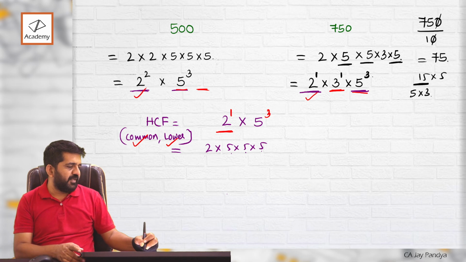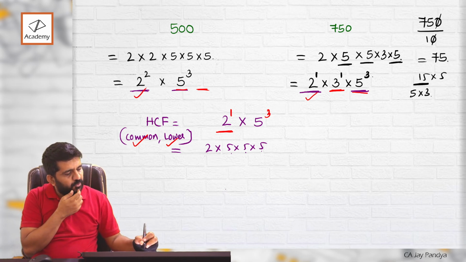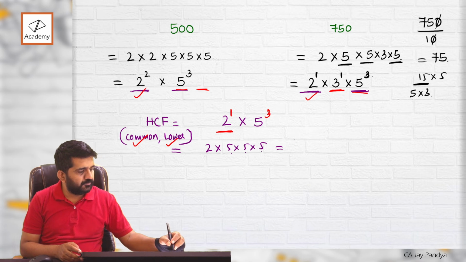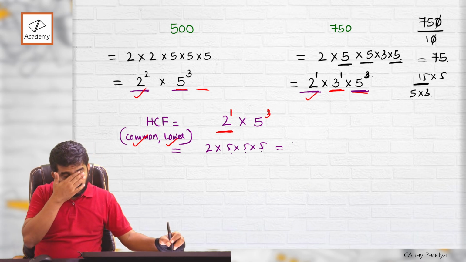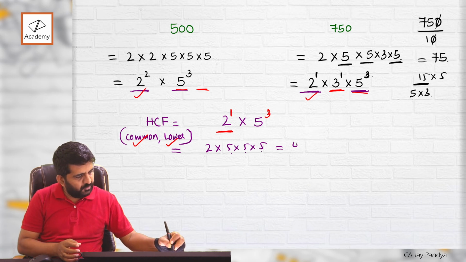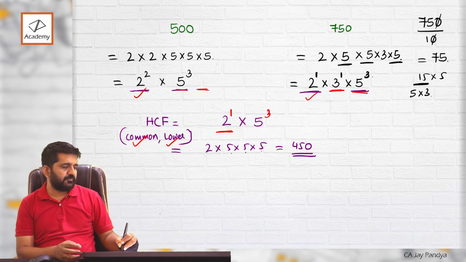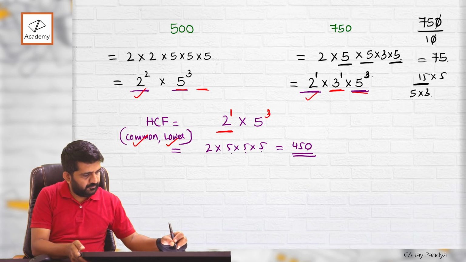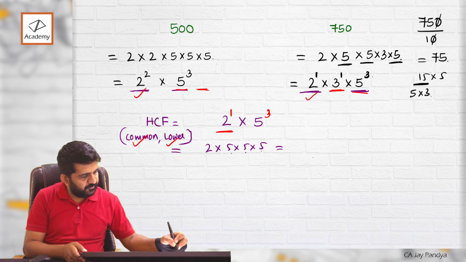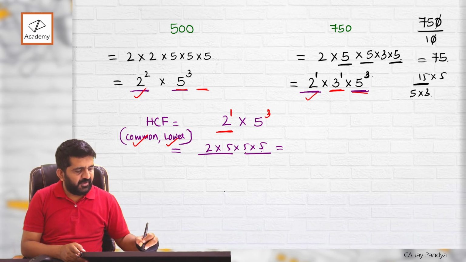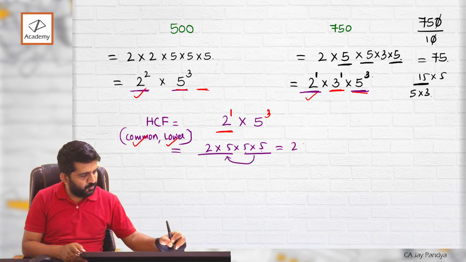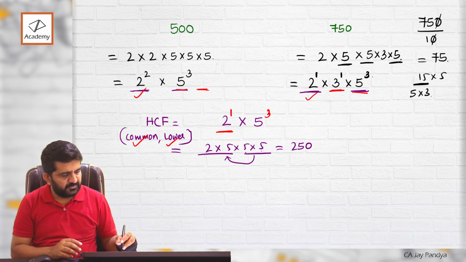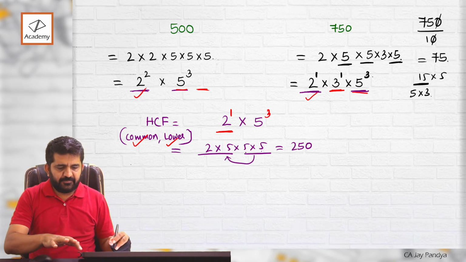5 5s are 25, 25 multiplied by 5 is 125, 125 multiplied by 2 should be 250. Let me do it like this: 5 2s are 10. 5 5s are 25. 25 multiplied by 10 is 250. So what is HCF? 250. Right? Let us go to